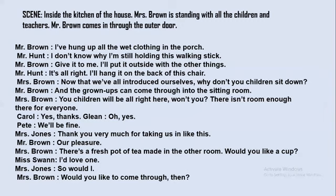that it was Mr. and Mrs. Brown's house over there. Now inside the kitchen of the house, Mrs. Brown is standing with all the children and teachers. Mr. Brown comes in through the outdoor. Now when Mr. Brown comes in, he takes all the wet clothing and hangs it over there, and then they keep all their sticks and whatever belongings they were carrying towards one side, and then